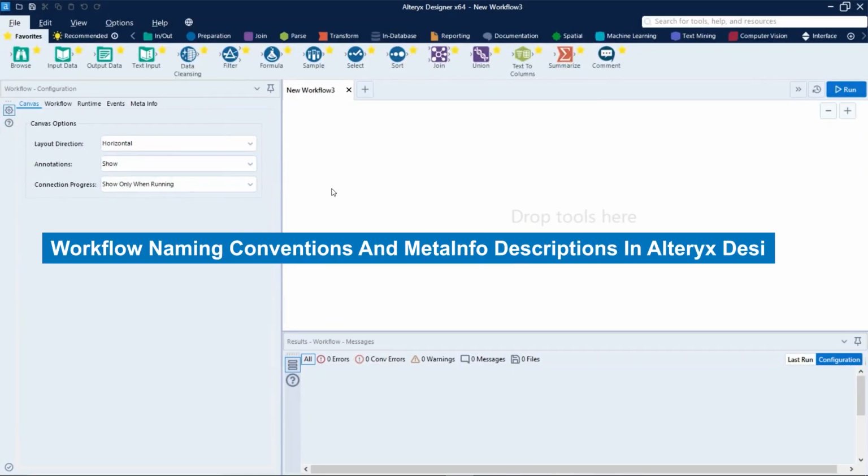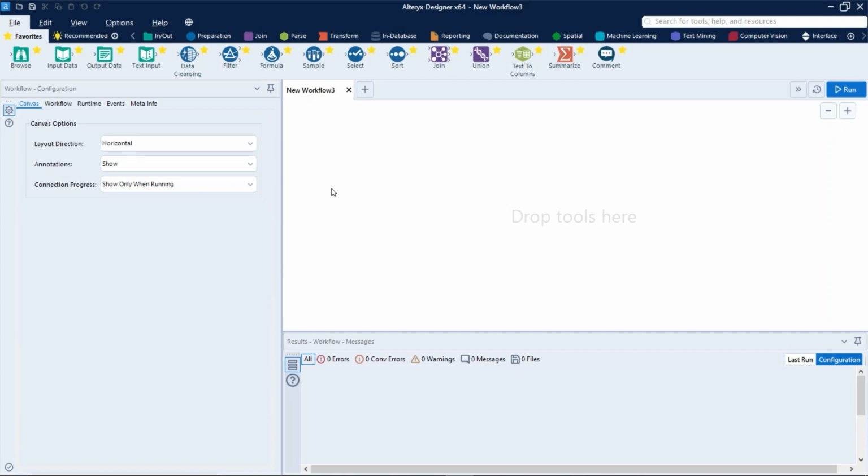Let's talk about workflow naming conventions and MetaInfo. One of the most crucial parts of workflow design is to incorporate a concise naming convention and to provide supplemental information so that users and developers alike can quickly understand what the workflow is, what it does, and what problems it solves through its runtime. On the workflow configuration menu, specifically on the MetaInfo tab, just right here,